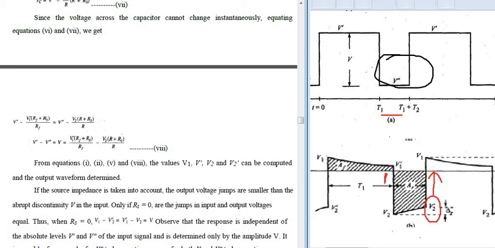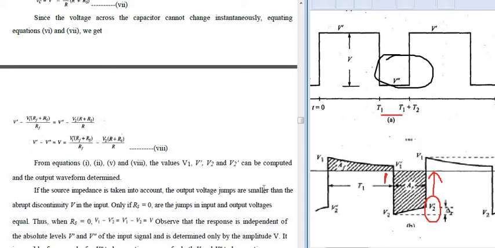So all these voltages, the positive peak voltages, the tilts that we have got, the relationship between V1 dash and V2 dash and V2, and we are able to calculate the particular voltages of these 4 different voltages. We have V1 from equation 1, V2 from the second equation, V1 dash from the fourth equation, and V2 dash from the 8th equation. By considering all these equations and the waveforms, we are able to determine 4 different voltages, that are V1, V1 dash, V2 and V2 dash.